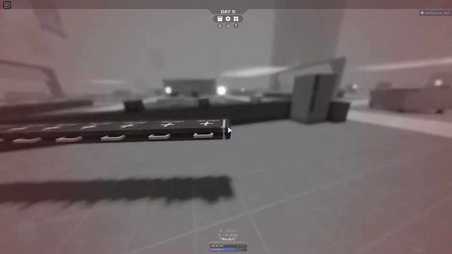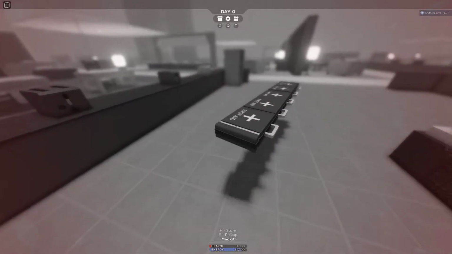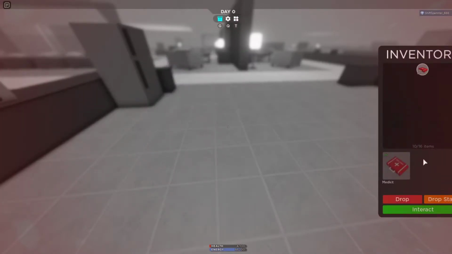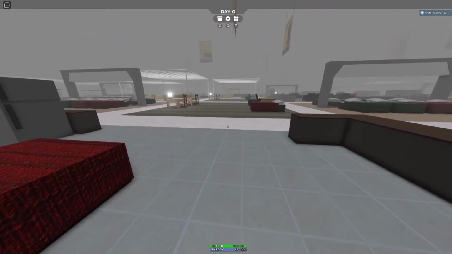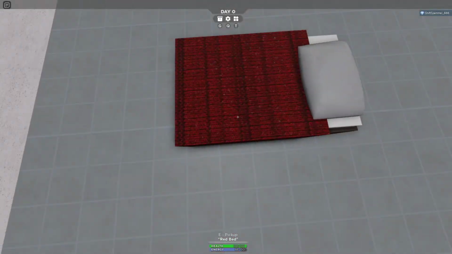Like I've fallen from about, I want to say, 200 studs and I've taken like 38 damage. And that's just falling on the playing ground, right? Nothing too riveting. And then, you know, beds, they dampen fall damage, and so what's the highest you